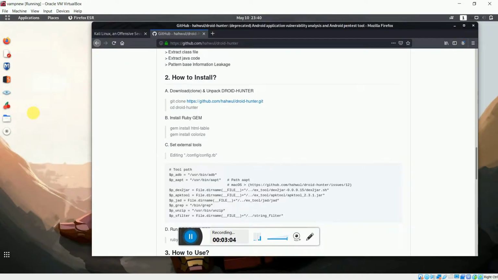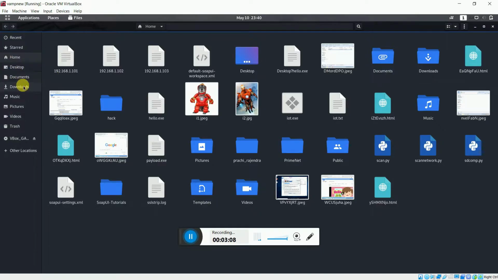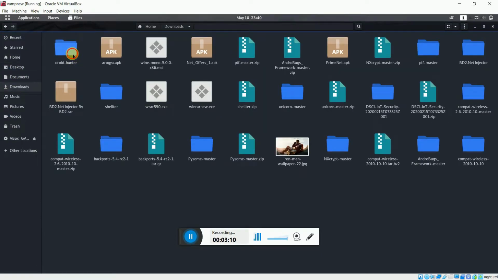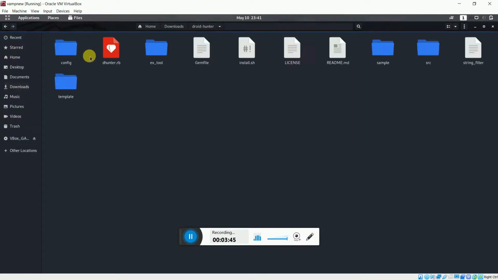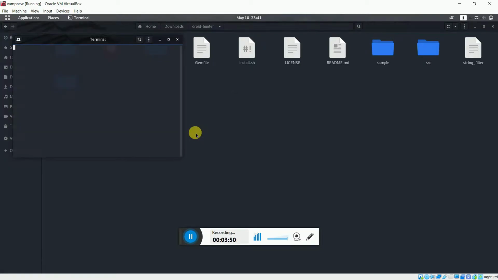I will just show you where I have downloaded it. So in my download section, here is the Droid Hunter, and after downloading it in your system, you have to just run a few commands here. So open this Droid Hunter, and after that, open this path in the terminal.